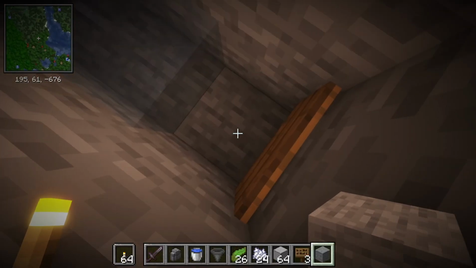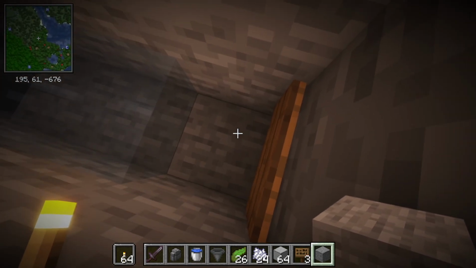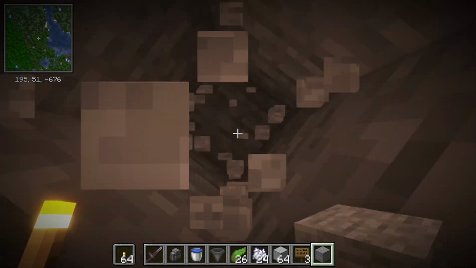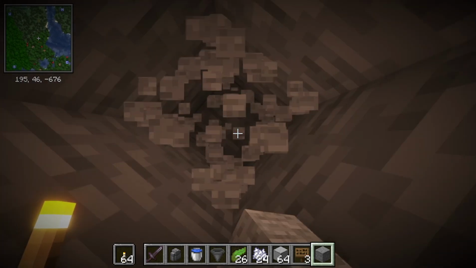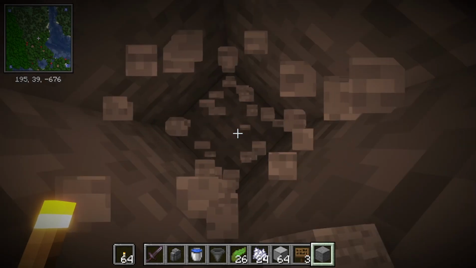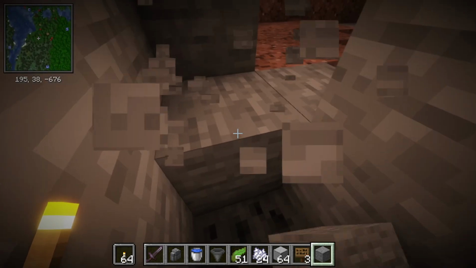But once you're on this block here, you can go down 23 blocks. So 1, 2, 3, 4, 5, 6, 7, 8, 9, 10, 11, 12, 13, 14, 15, 16, 17, 18, 19, 20, 21, 22, 23. But once you've come down here, you want to mine yourself out